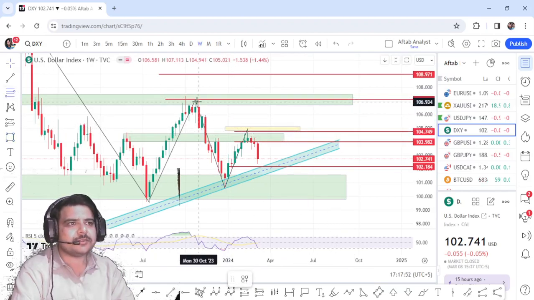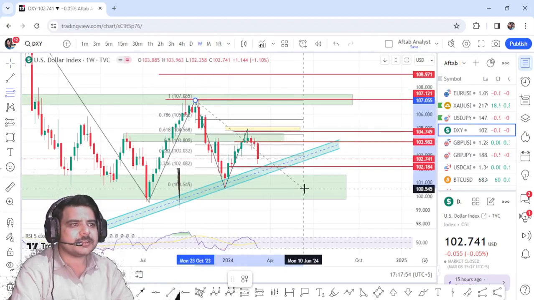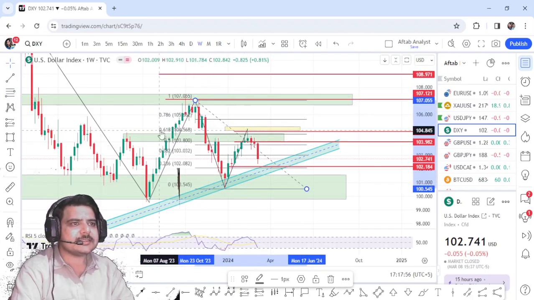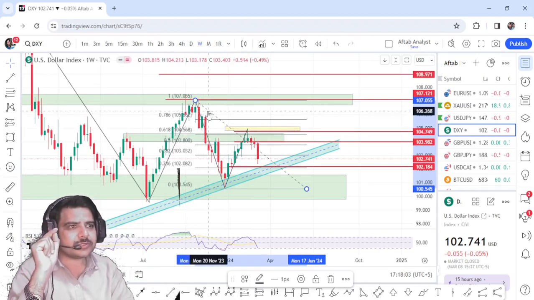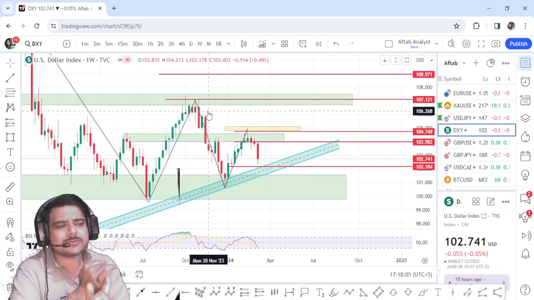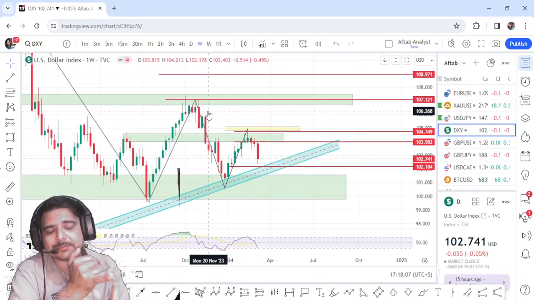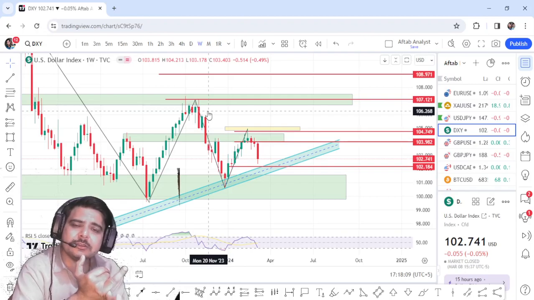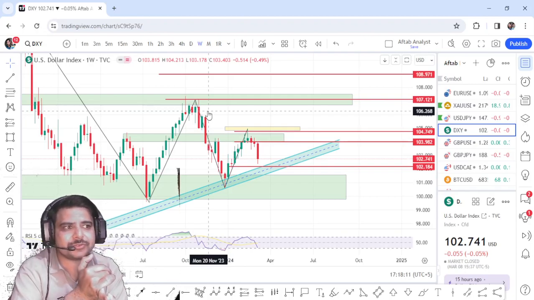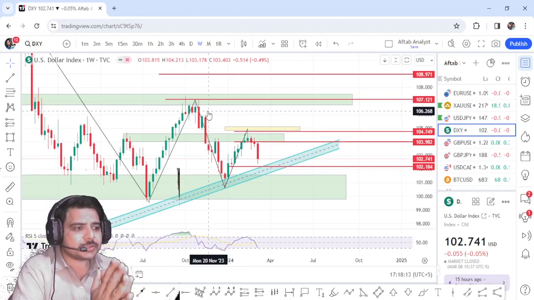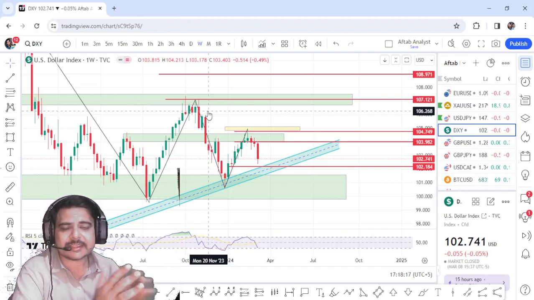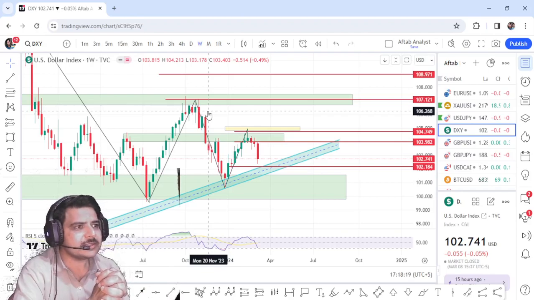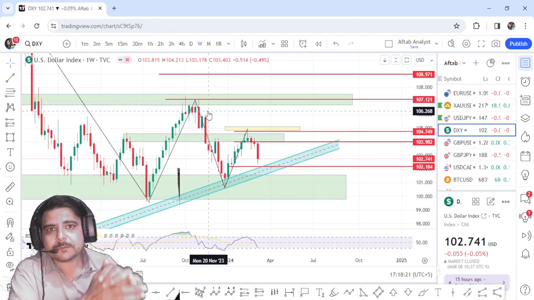If I draw Fibonacci from top to bottom, we can exactly see the 61.8% retracement at a price of 104.568. I just want you to think about it for once: why do markets keep rejecting from 61.8% retracements? Because this strategy and these levels, again and again I keep repeating, these levels belong to bigger traders.